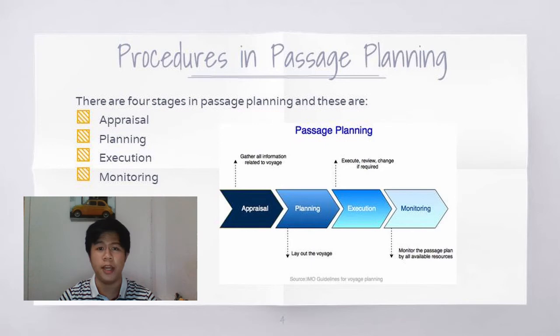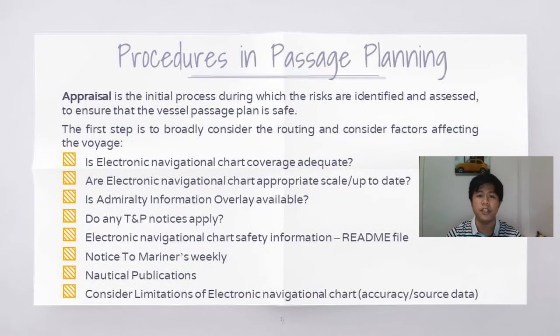Procedures in passage planning. There are 4 stages in passage planning, and these are the appraisal stage, planning stage, execution stage, and the monitoring stage. First, we have the appraisal stage. Appraisal is the initial process during which the risks are identified and assessed to ensure that the vessel passage plan is safe. The first step is to broadly consider the routing and factors affecting the voyage, such as: